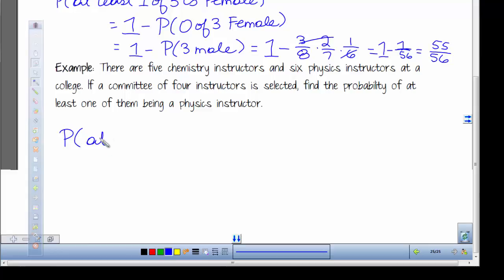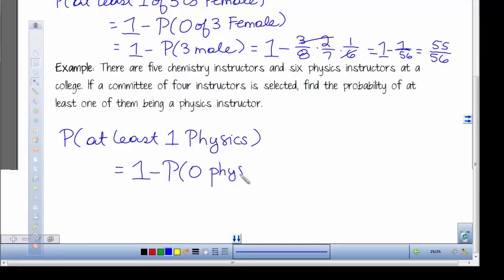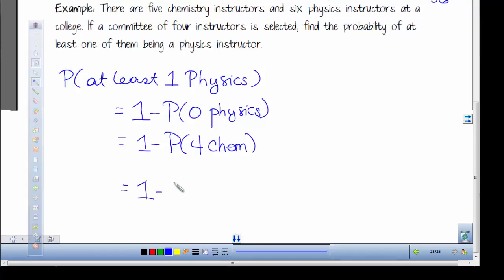Okay, so probability of at least one physics equals 1 minus the probability of 0 physics. Okay, so since we have a committee of 4 instructors, that must mean that all 4 of them are chemistry instructors. And so we get 1 minus the probability that the first is a chemistry instructor,